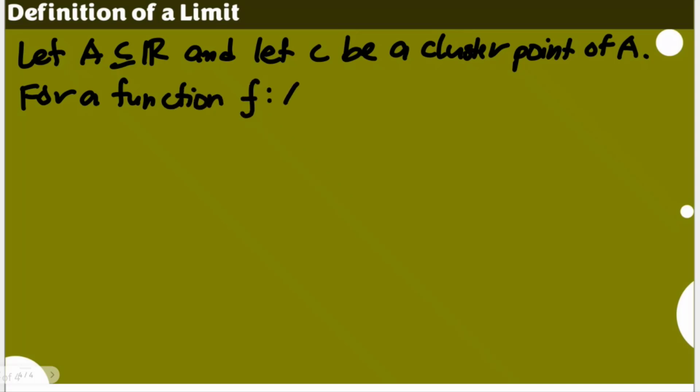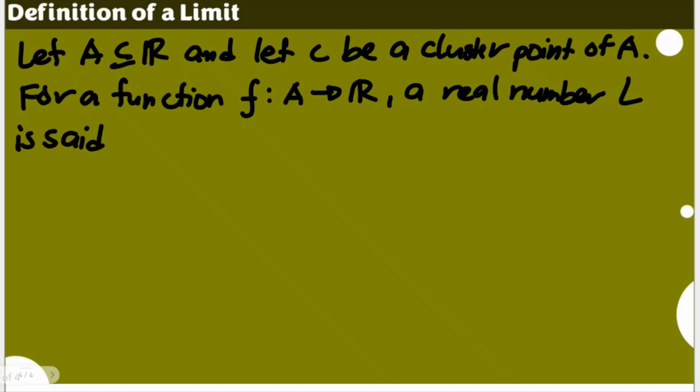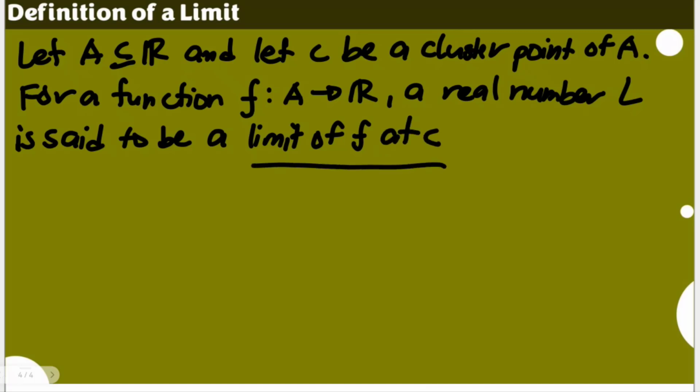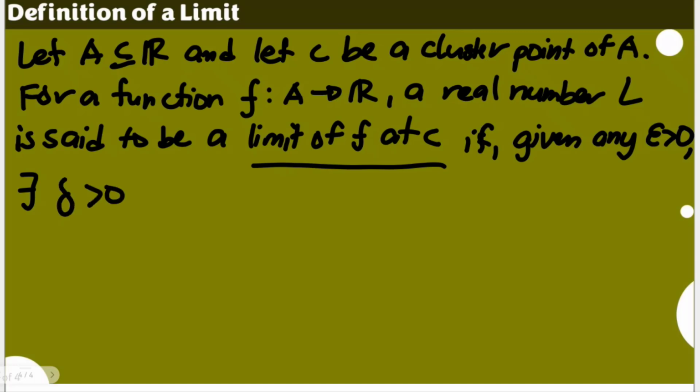f from A mapped to the set of real numbers, a real number L, this is the notation for a limit, a real number L is said to be a limit of f at C. Take note, limit of f at C if given any epsilon greater than 0, so we're still going to use epsilon here, there exists delta greater than 0 such that,